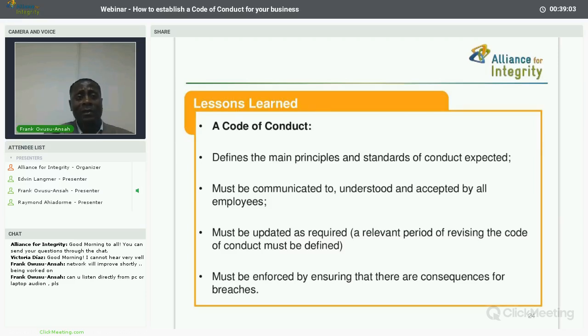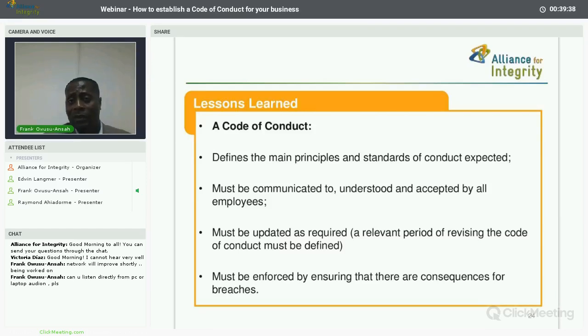And also, if there are some regulatory changes or changes in the law that enjoin the organization to behave in a different way, then there's the need for the code of conduct to be documented and it must be enforced by ensuring that there are consequences for breaches. I've stated that the objective for having a code of conduct is not, so to speak, to punish employees, but because you want to have some uniformity, because you want to avoid chaotic situations when there are conflicts or